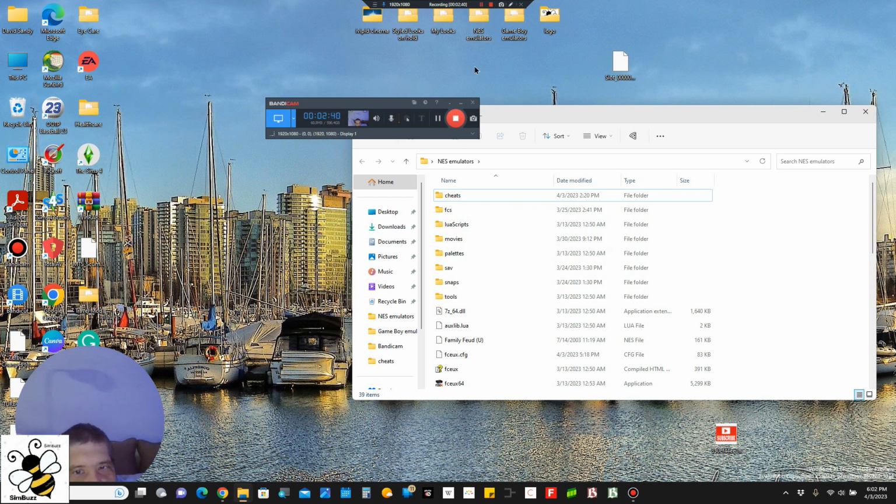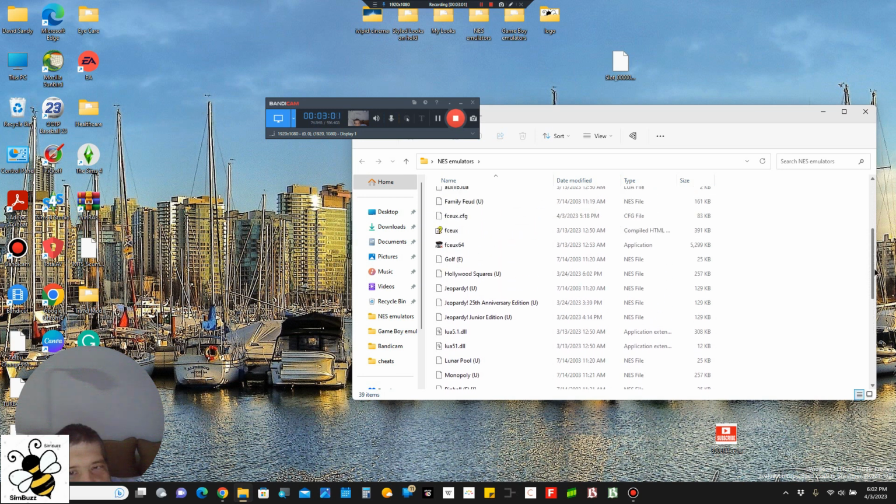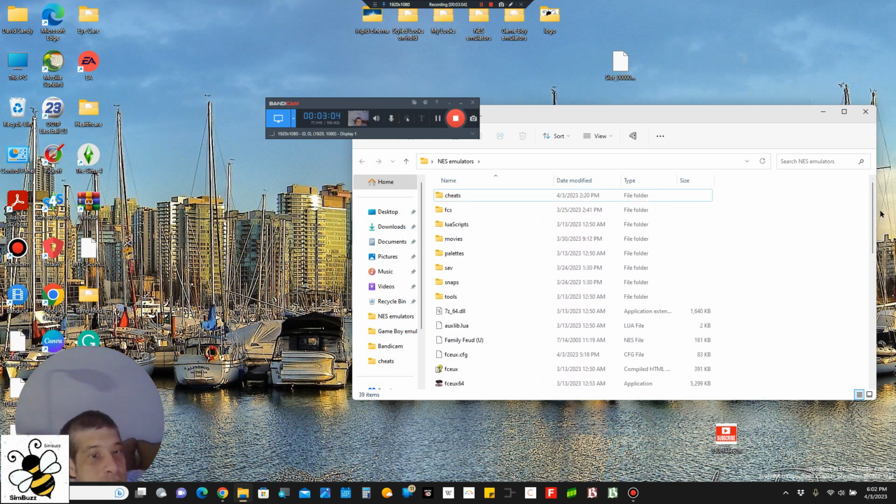And that's where all the stuff that I use for this emulator is stored. Now, you start with just these things right here, and also this here. All the rest further down, you get separately, and you cannot get it until you actually have the emulator. Well, you can get it, but it won't work. It warns you that you have to have an emulator installed. So that's what I did. And then once you have the emulator installed, in my case FCEUX,